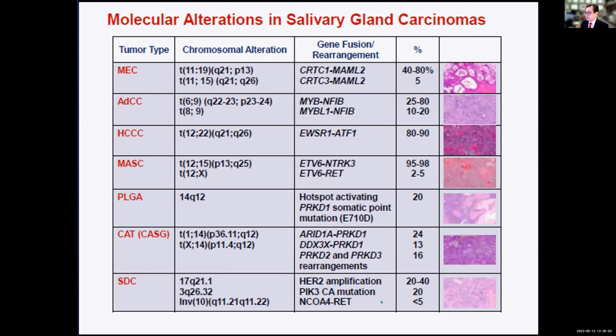And this is a nice summary of the very common salivary gland carcinomas and their genetic mutations. Some of them have a single mutation. The issue is that it's a big panel, right? You don't want to do many probes, and you have tissue problems, cost, time, and other things, right? And then,